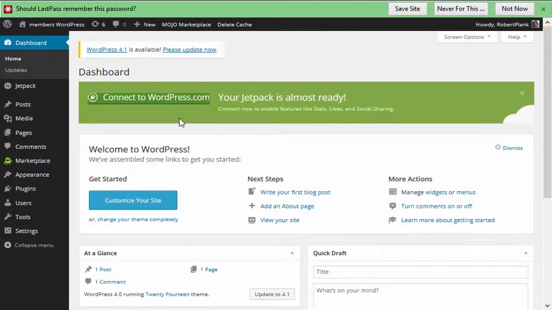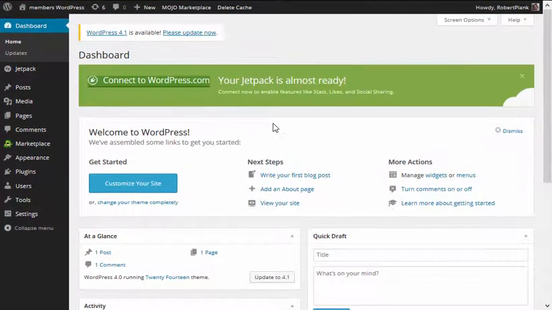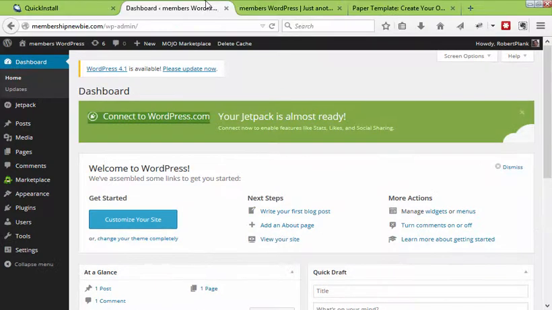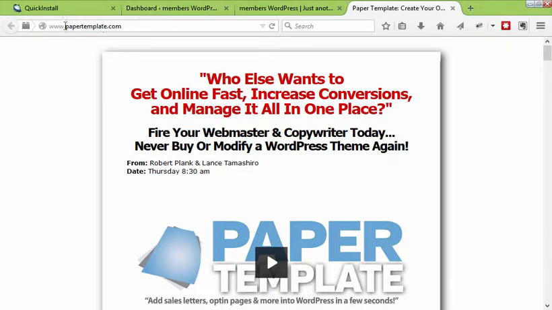So cool, I'm in this site called WordPress, and normally if we were going to make a blog, I'd start typing some blog posts, but we're not going to do that. We're going to install our Papertemplate plugin. So what do we do? Well, you buy it, of course, at